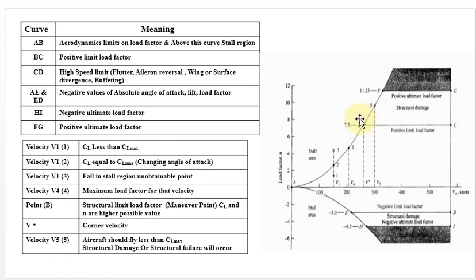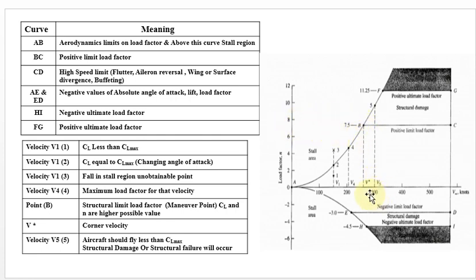This point is called the maneuvering point. What is the meaning of maneuvering point? This maneuvering point tells about where we can obtain the maximum load factor. At the same time you will get the maximum CL. I want to find my CL max, because I don't know the load factor. I cannot find the maximum load factor directly, but I can obtain my CL max. This is the point where the possible CL max will be developed, and because of it, I can get my maximum load factor.